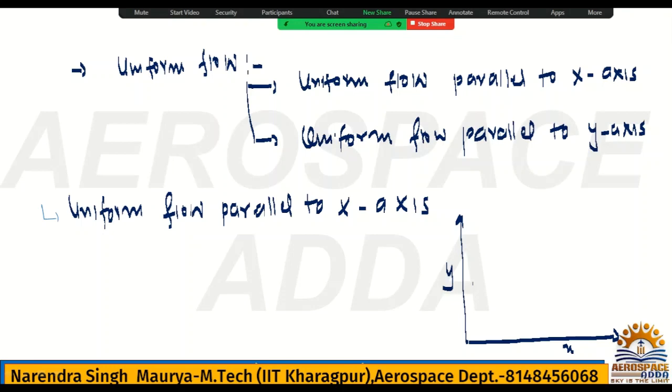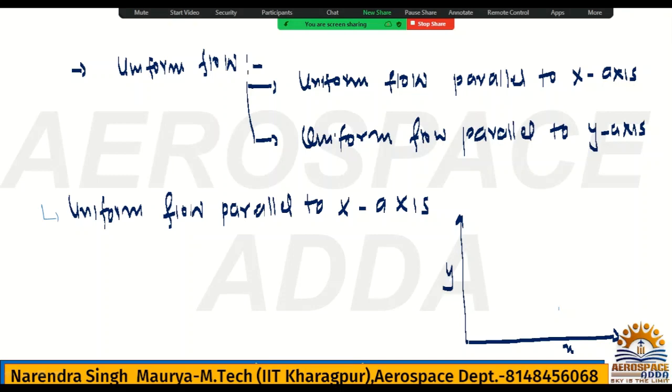So I can show this is the flow parallel to x-axis, but first we'll write the mathematical formulation and then we'll draw, so that will be better for the understanding. Okay, so I'm considering that velocity which is uniform or constant along x-axis, and it is nothing but capital